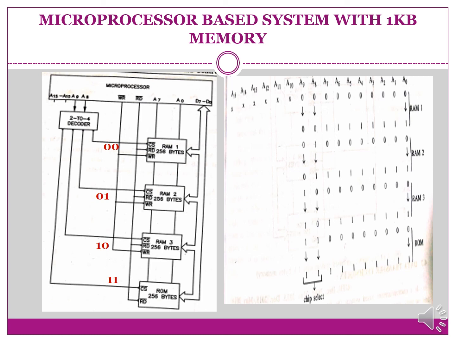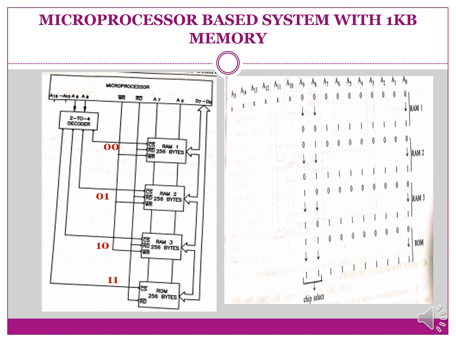A8 and A9 are given to a 2 to 4 decoder. Our decoder outputs are 00, 01, 10 and 11. If we give input A8 and A9 as 00, then decoder output 00 is selected, and that selects the RAM 1 memory. The other memories are not selected at that time. So we select RAM 1 for the microprocessor read and write operation.